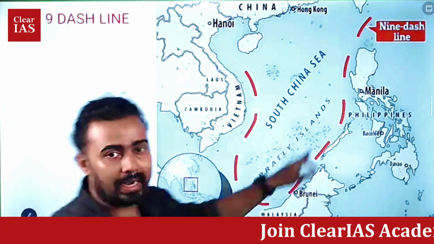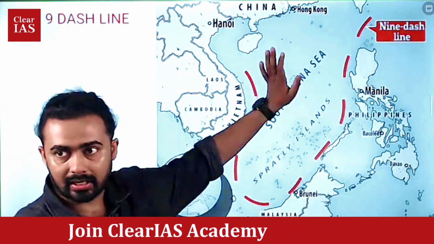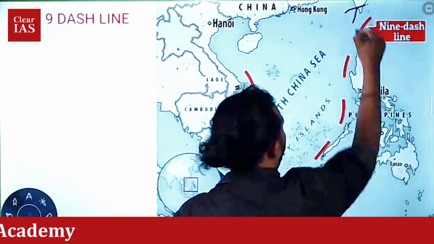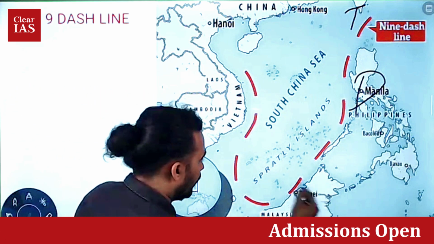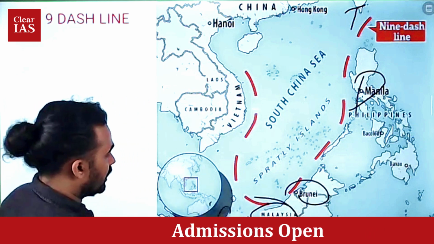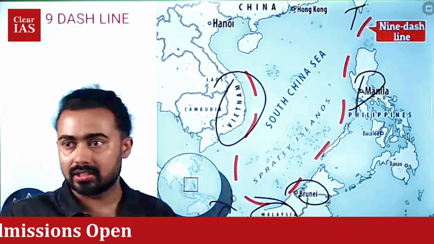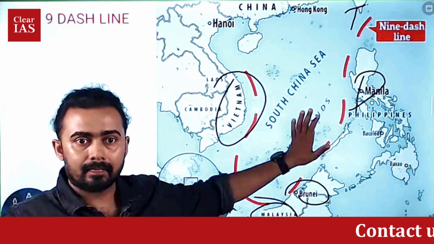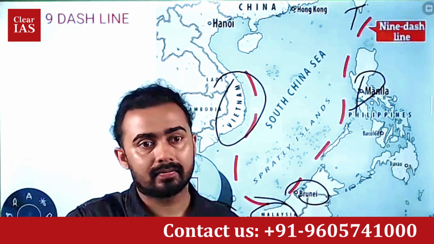And they drew the 9 lines and are saying that all the region, including the parts claimed by the different states, is actually China's. That is Taiwan here. There is the Philippines. The entire Philippines is combating that. There is Brunei, Malaysia, Indonesia here, then Singapore, then Vietnam. All the countries are challenging China because they cannot simply give away this particular area. Why is the South China Sea so important?